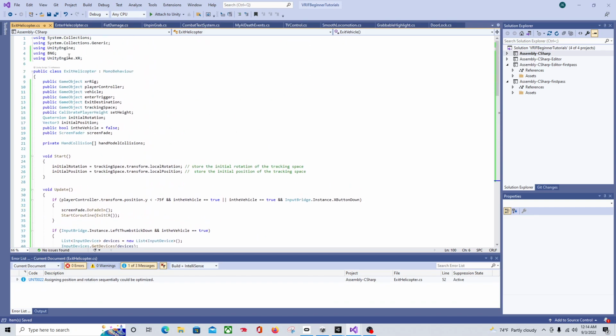Okay, at the top we're going to need using BNG, and then we're going to need using UnityEngine.XR. We need this because I've given this a new feature, and we'll go over it when we get to it. We're going to need our game objects again: XR rig, player controller, vehicle, our inner teleport destination that we're using to get in. Our exit destination,